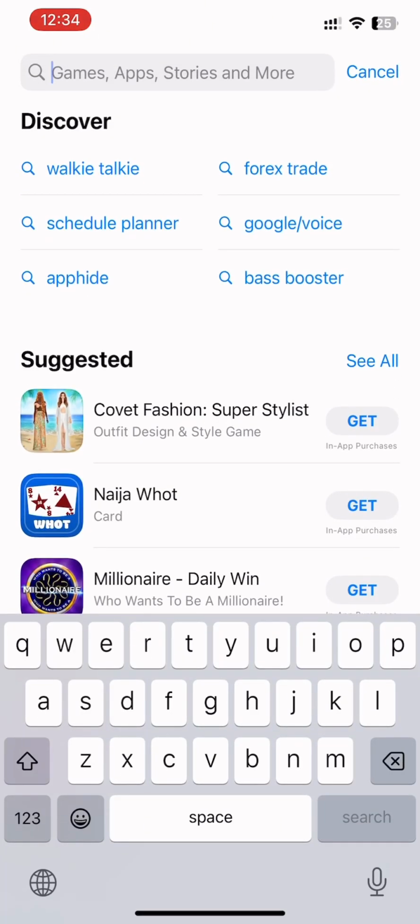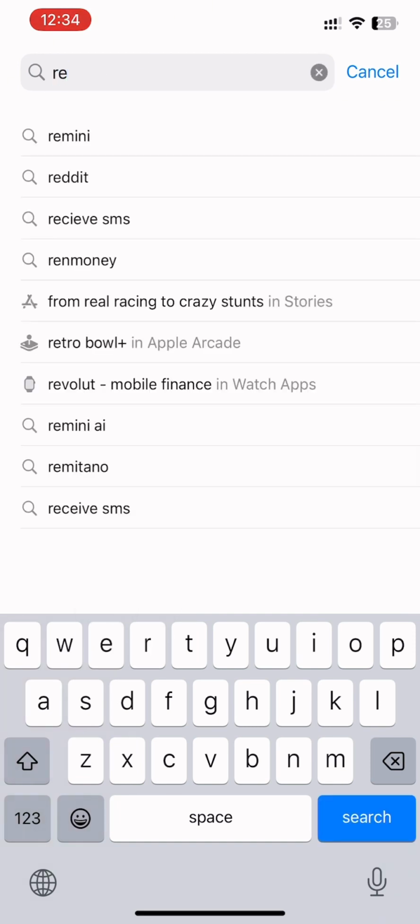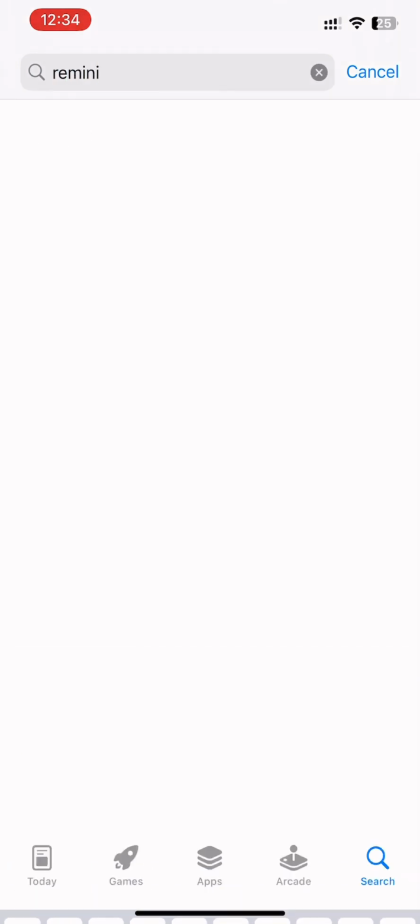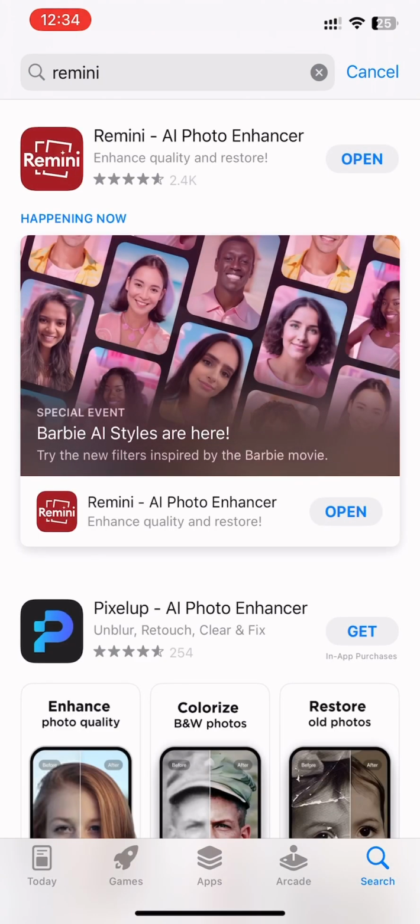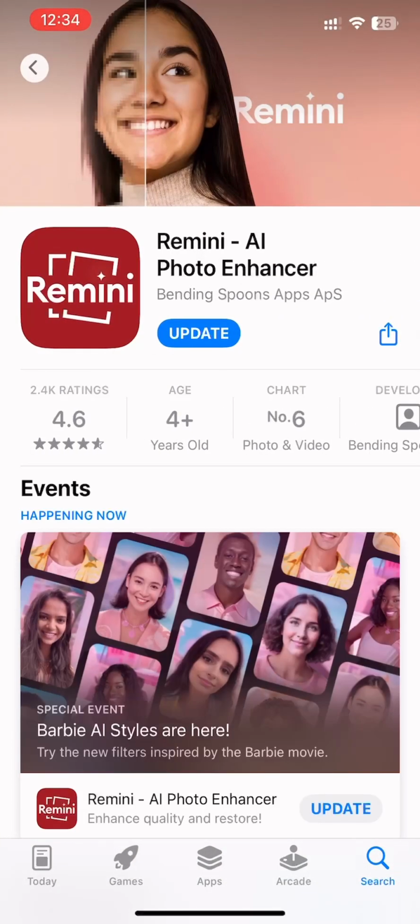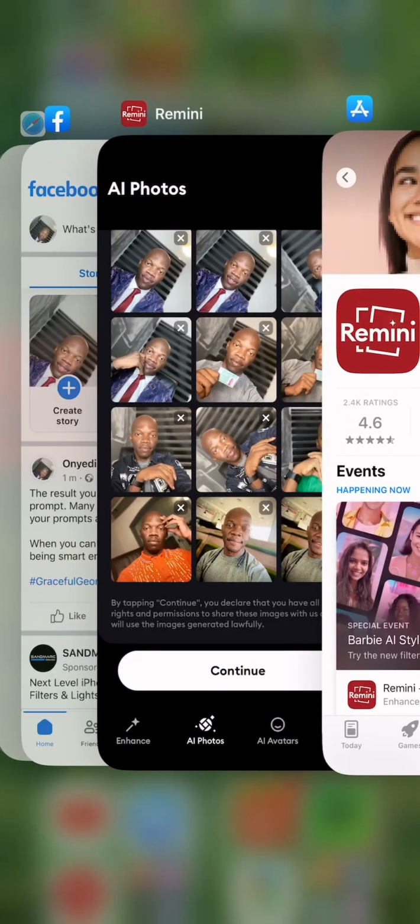When you search for Remini, as you can see here on the screen, download the app that looks exactly like this, Remini AI Photo Enhancer. And after you've installed the Remini app, simply go